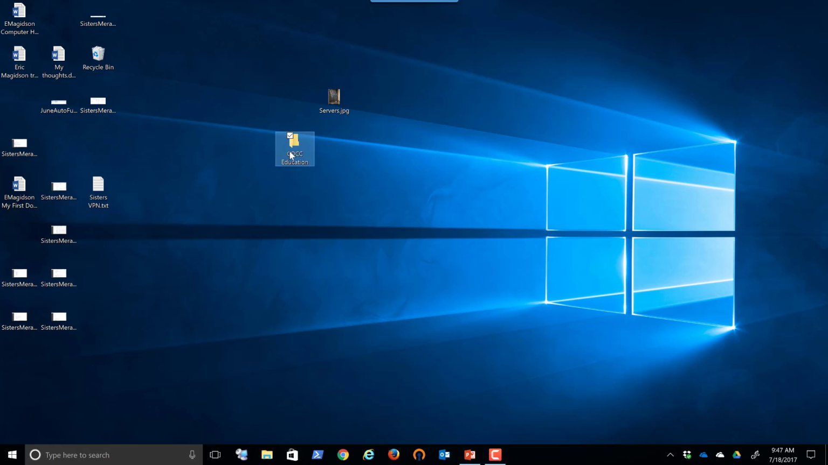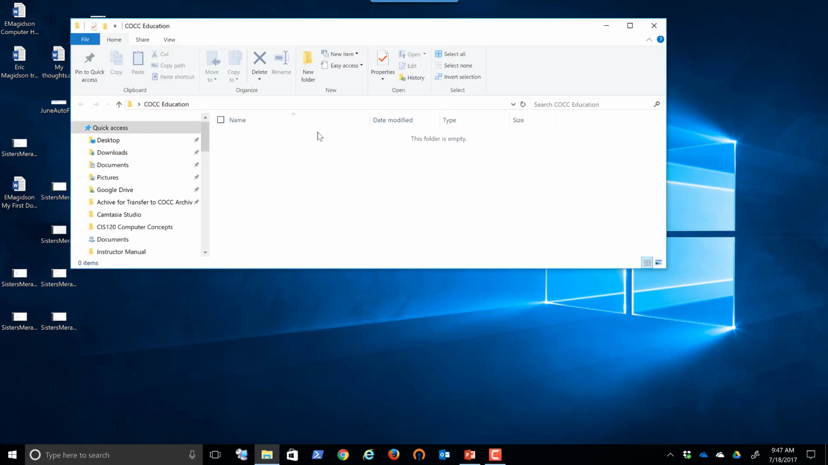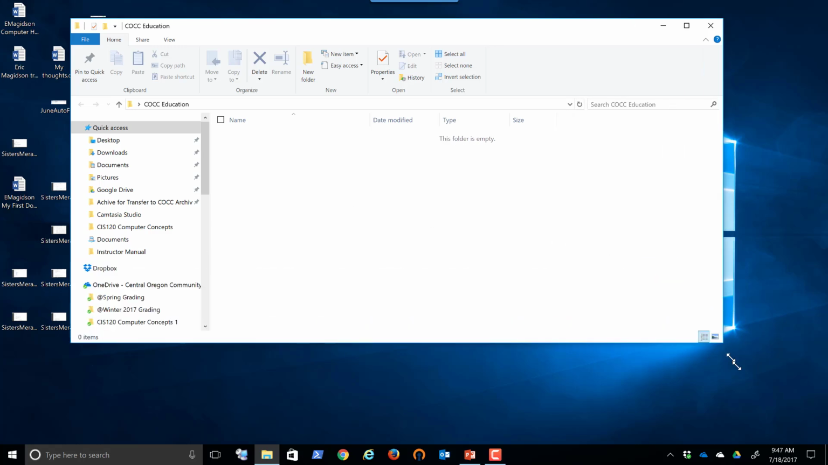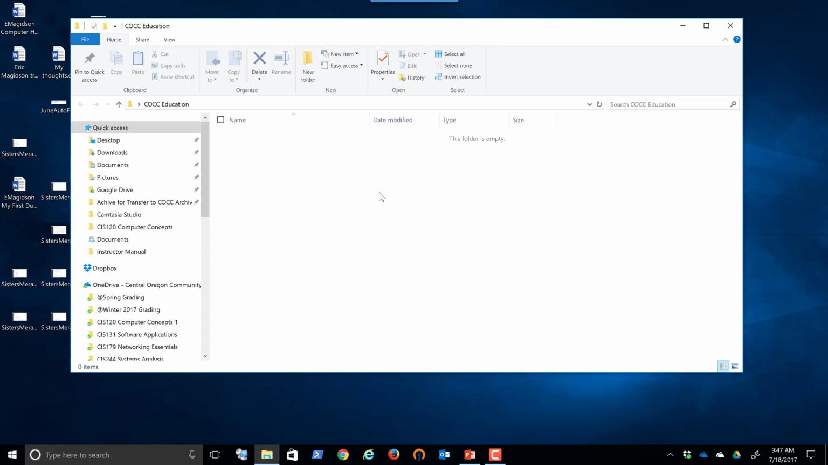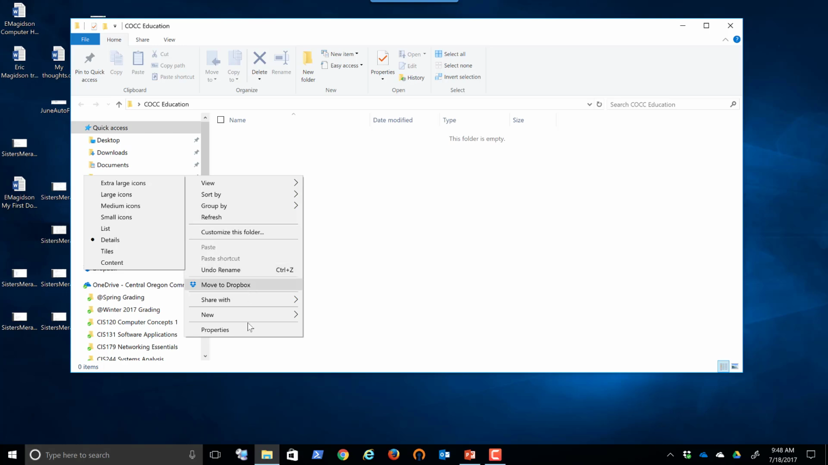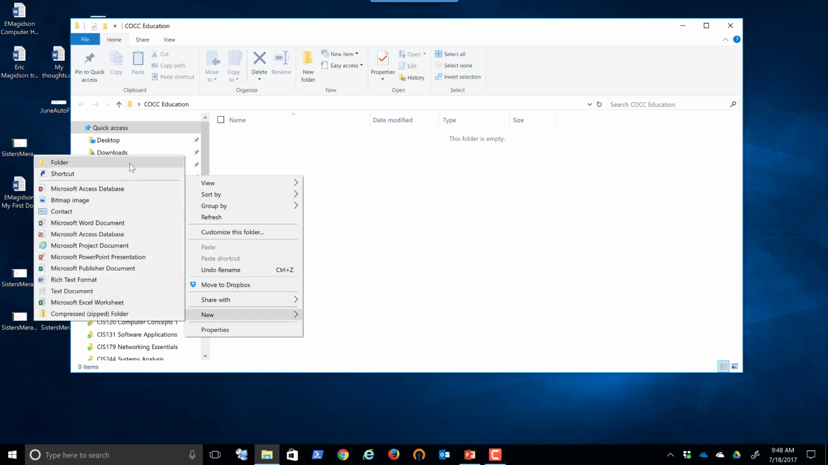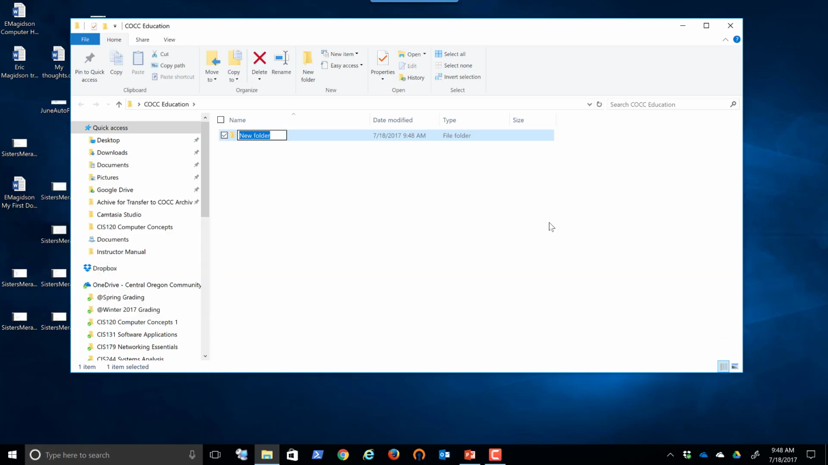Now if every file from every single class is put here, you can see very quickly it's going to become next to impossible to find anything. So let me build a good folder structure for my classes here. Let's say I start in fall 2017. I come in here, I do new folder, and I'm going to call this fall 2017. Now under fall 2017, I'm going to double click,